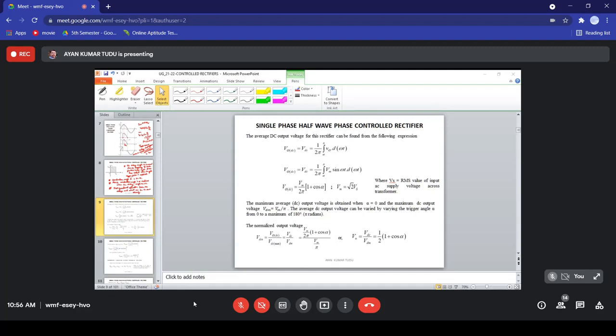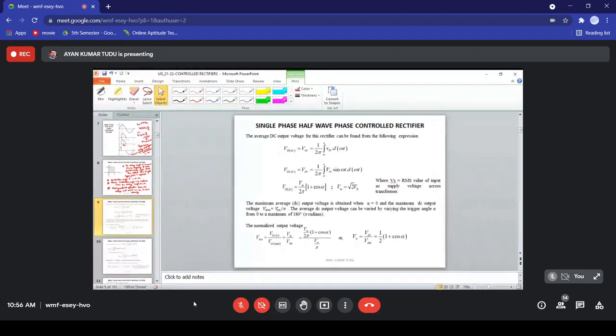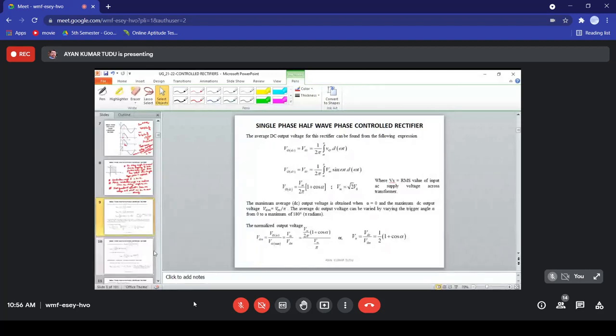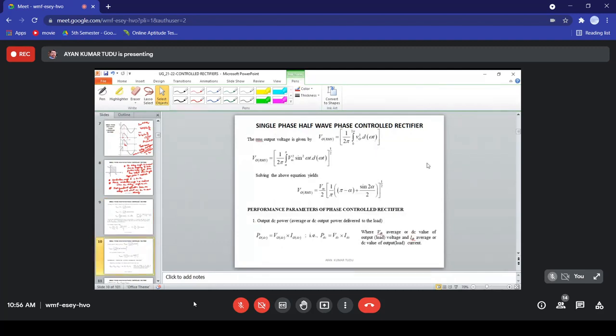Okay, so then what we have to find out? We have to find out the RMS output voltage. So the RMS output voltage will be given by which equation? Obviously V0 RMS would be equal to root over of 1 by 2 pi integral from 0 to 2 pi of V0 square d omega t, correct? So that is what we have here. I have not written the root here, but you can understand that it would be root over.